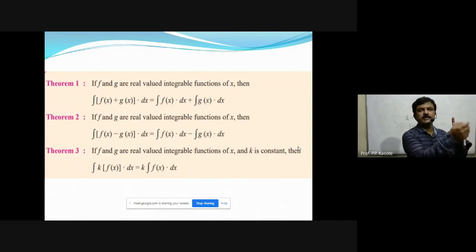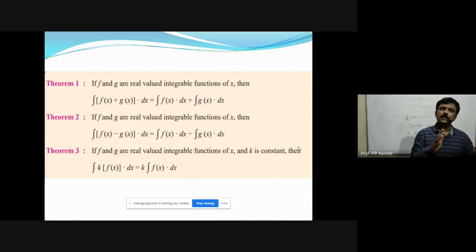Suppose f of x plus g of x is there and we are asked to evaluate its limit, we used to take the limit separately, that is limit of f of x plus or minus limit of g of x. If a multiplication sign is there, we used to take the limit separately, that is limit of f of x into limit of g of x. If division is there, that is f of x upon g of x, while evaluating the limit, we used to evaluate separately, that is limit of f of x divided by limit of g of x, but provided that the limit of g of x is non-zero. In case of derivatives also, we have the addition rule, subtraction rule, product rule and quotient rule. We used to follow the rules.